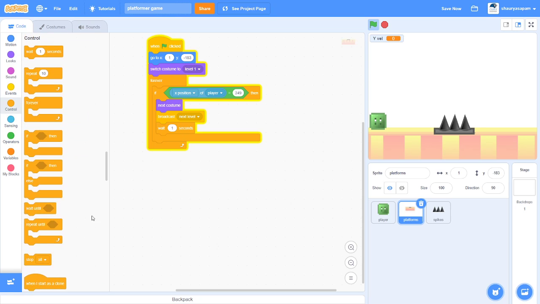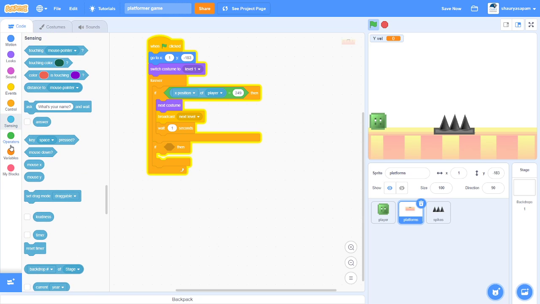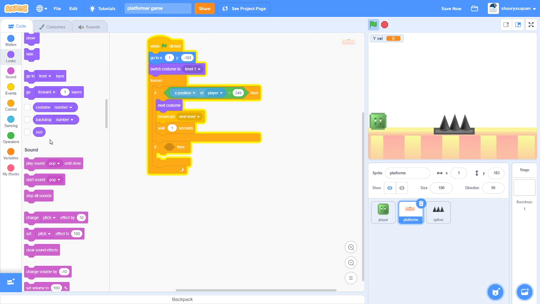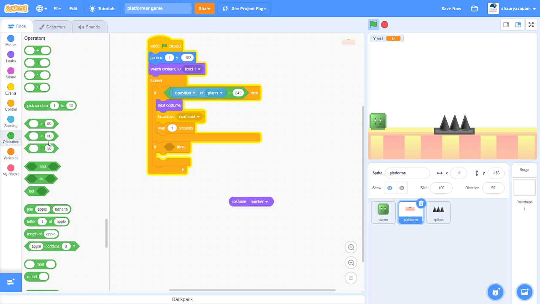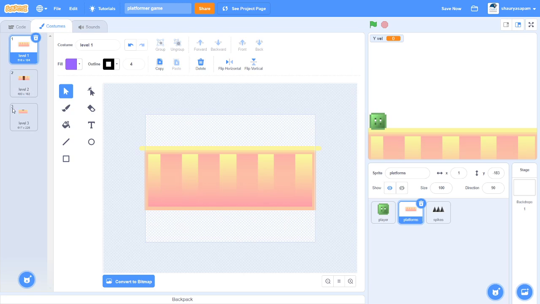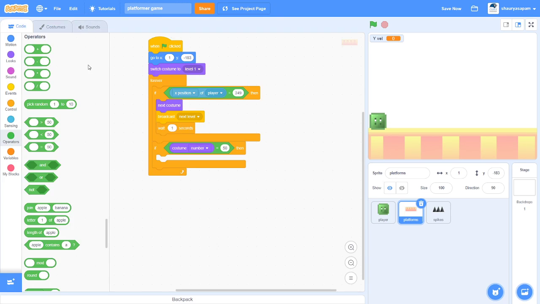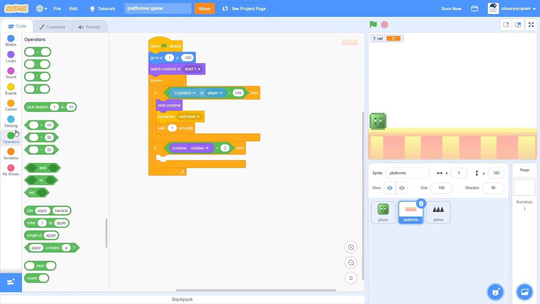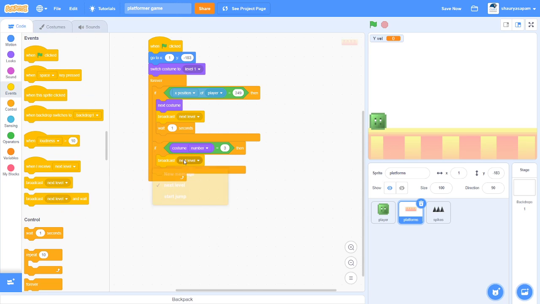add another if then. Go to looks. If then costume number equals to, so over here we can check its own costume and what it equals to. Costume number means over here you can see these small ones. Costume number equals to 3, so this is what we are looking for. Then we are going to broadcast a message, which is in the events, I guess. Broadcast a message called